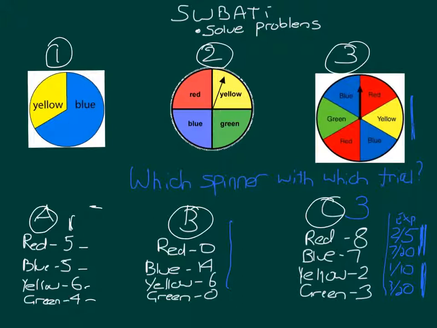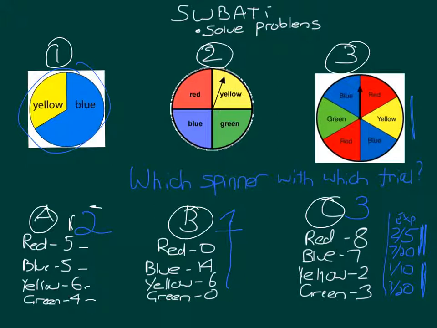If we go back, for B, it's clearly spinner 1, because in that case, I had an experimental probability of 0 for red and green, and you can see on the spinner here, there is no red, no green, so the theoretical probability is also 0. We can also see that the theoretical probability of getting blue is very high. It's more than a half, because more than half of the circle is blue, and we can see that there is also a chance, not a great chance, but a chance of getting yellow. So that's why I conclude that trial B used spinner 1, and of course that means that trial A used